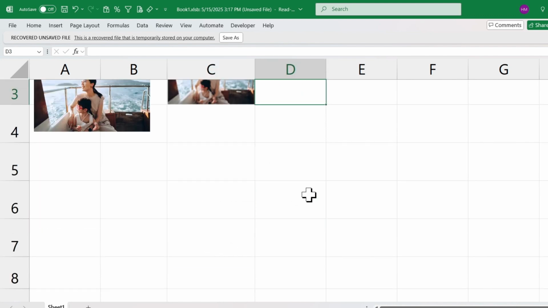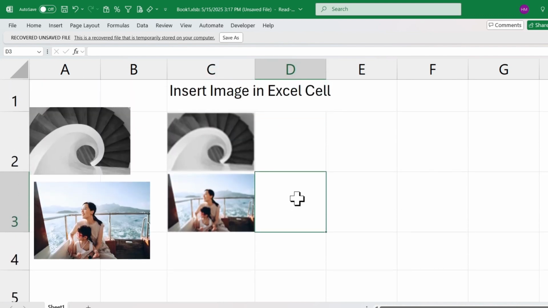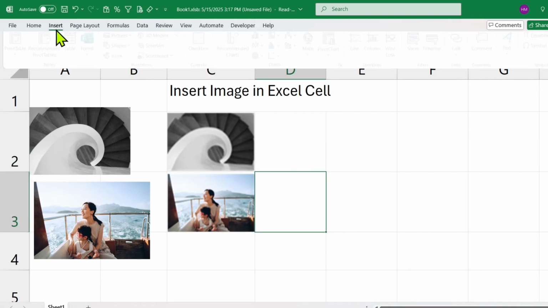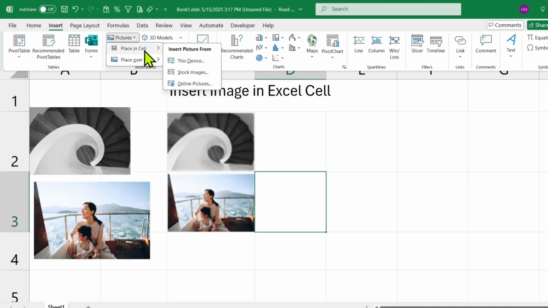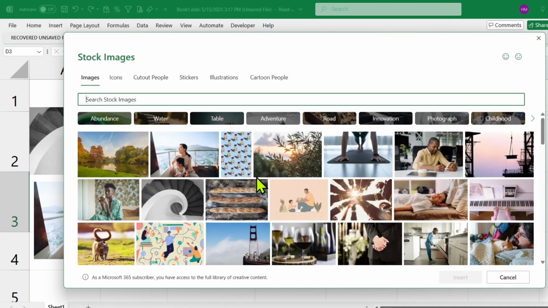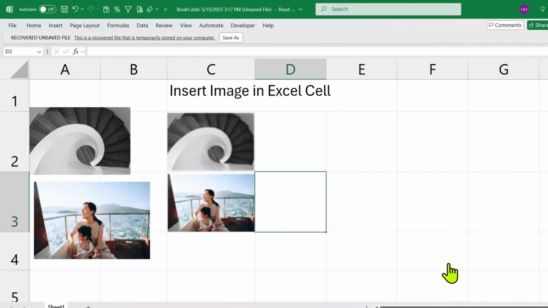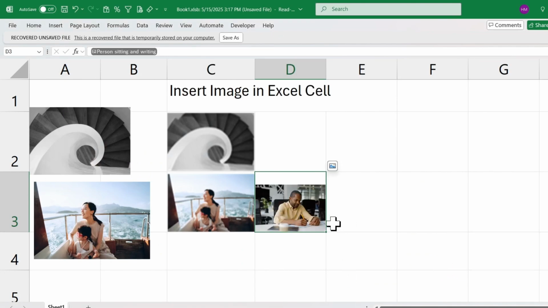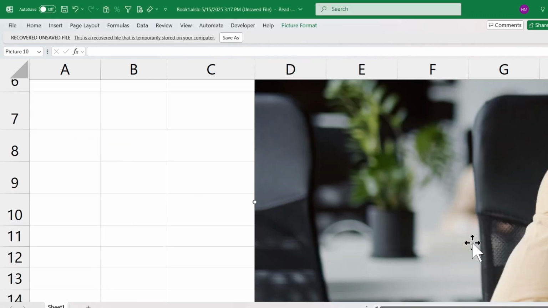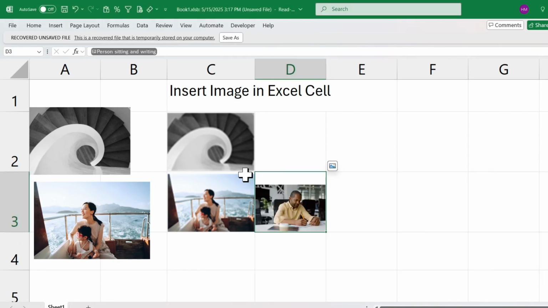But if you want to insert into the cell directly, for example, you focus right here or right here, just insert image and place in the cell, and drag from your computer or a stock image. It depends on you. Then, for example, this one, and boom, it goes directly into the cell. And it even looks clearer when we insert directly, but we can place it out,